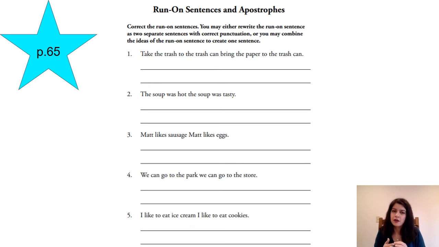Let's start by taking a look at number one. Number one says, take the trash to the trash can, bring the paper to the trash can. So let's start with our first method of turning this into two sentences. So on these blanks, I would look for the first idea. Take the trash to the trash can, bring the paper to the trash can. It sounds like the first idea is take the trash to the trash can. So I'm going to write that, capital T, take